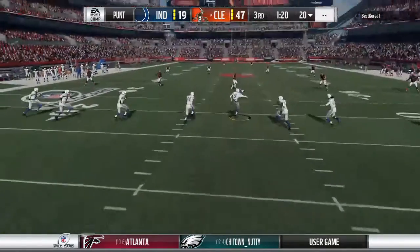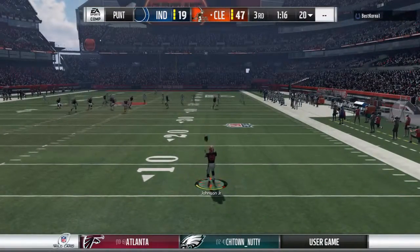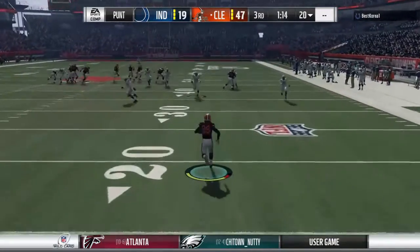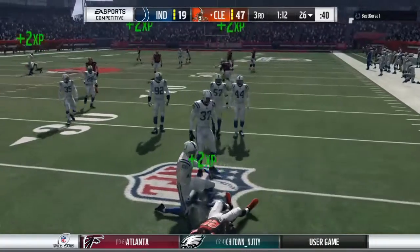Now the free kick comes after the safety from the 20 as they bring the punter on to try and get some hang time here. This is fielded at the 7. Oh, he's got a little daylight. And now